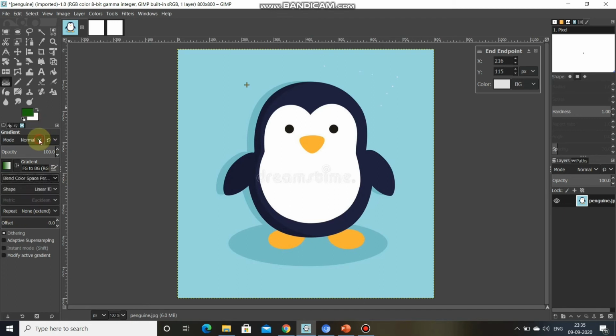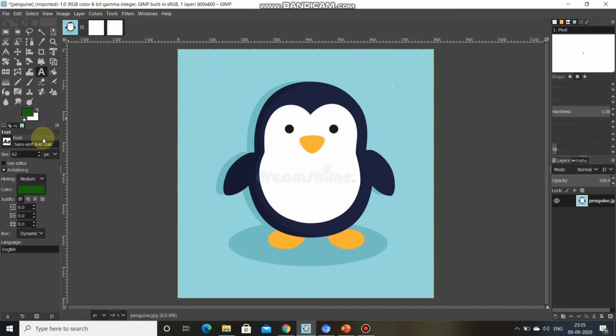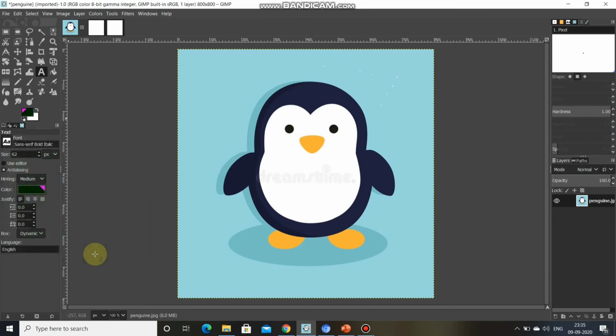We'll select from here. Okay, so we want to write text from here. If I want to change the color, I can change the color also. Click OK.